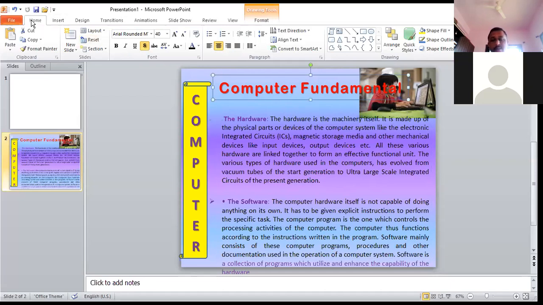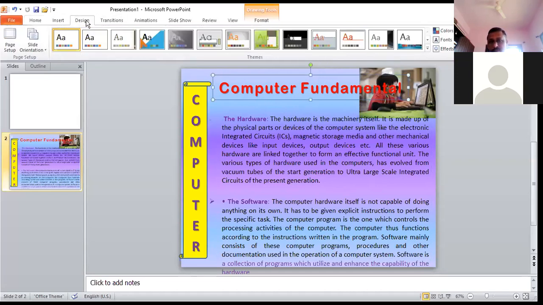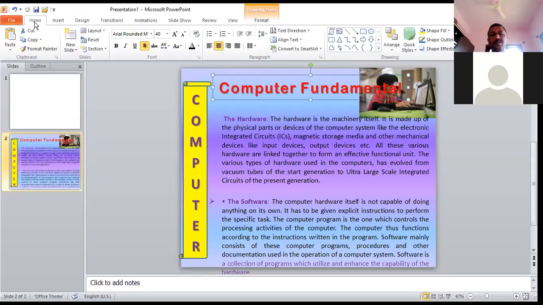Okay, next, I suppose that I have used the design tab also, the background options. Then you can go for applying these themes also. Instead of using the background, you can apply the themes. Then I have used the format tab also. So now we are continuing on that part. While making a project, choose one passage or one pattern for it and apply the contents.